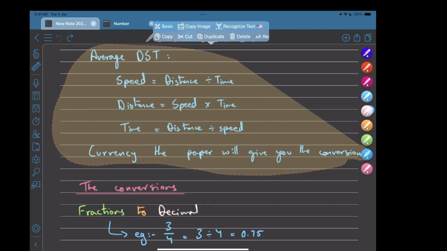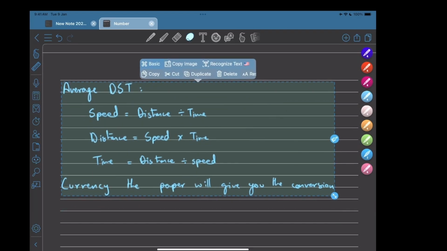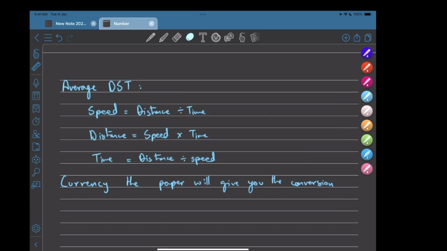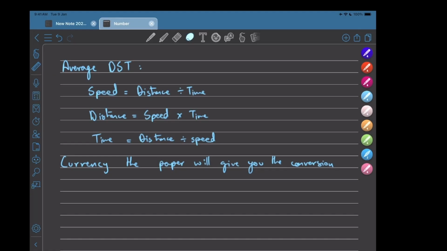Let me just copy this. Okay, now this is where things get a little bit interesting. You must be saying, isn't distance, speed, time a physics topic? Yes, maths and physics have some things in common. So you will have questions on average distance, speed and time. You must know all three formulas for DST: speed is equal to distance divided by time, distance is speed times time, time is equal to distance upon speed. This is very important, because you will have questions in your exam worth 4 to 5 marks of this kind.